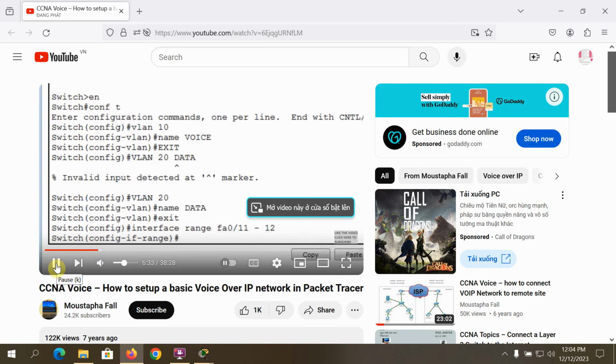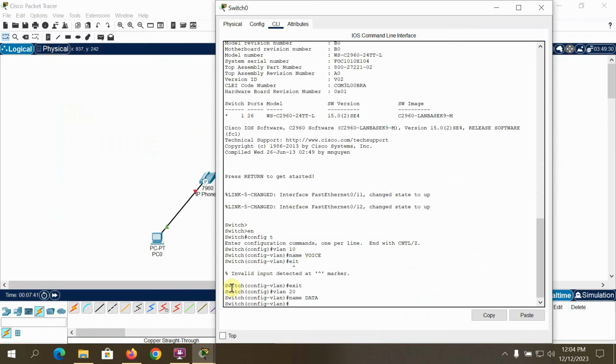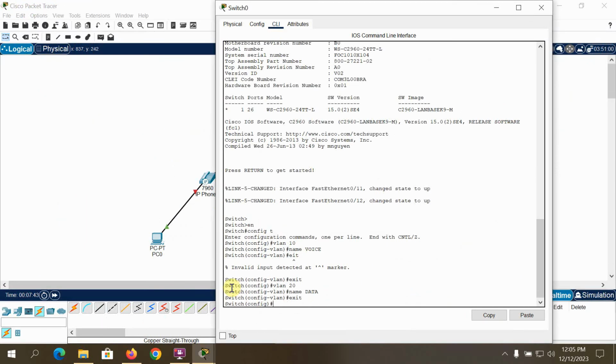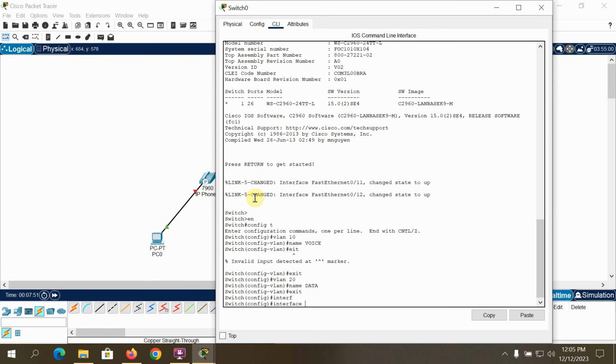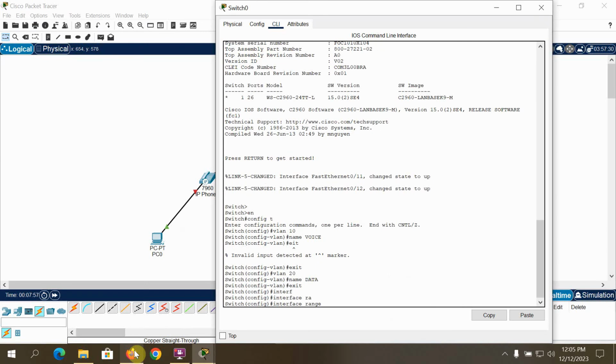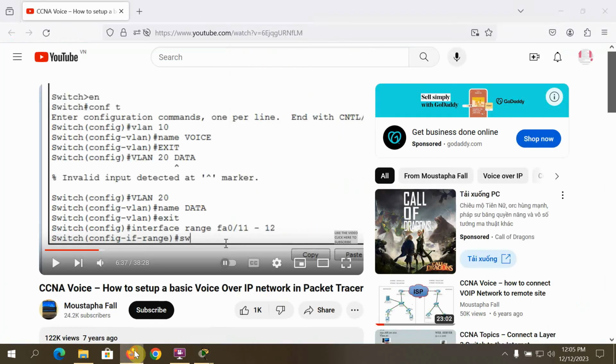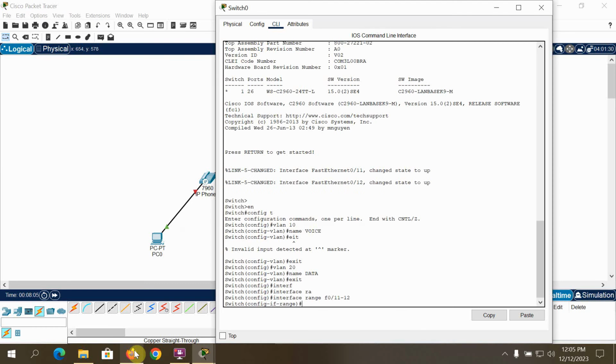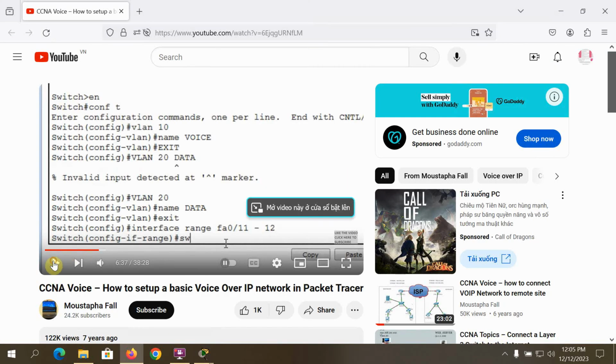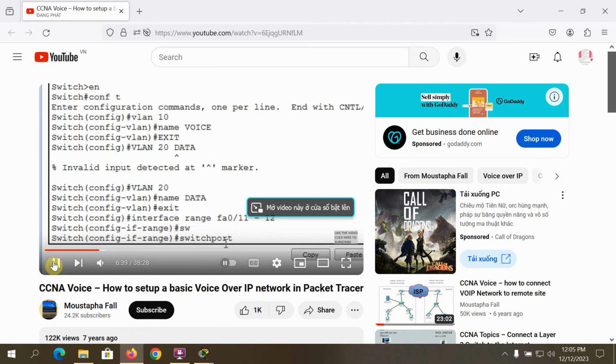So we're going to do switchport, and we're going to make this port an access port. Switchport mode access,